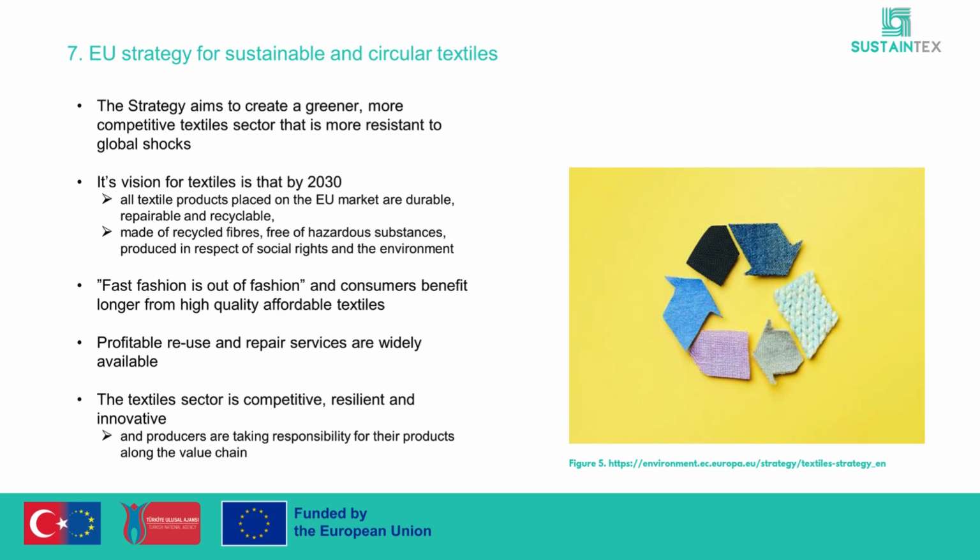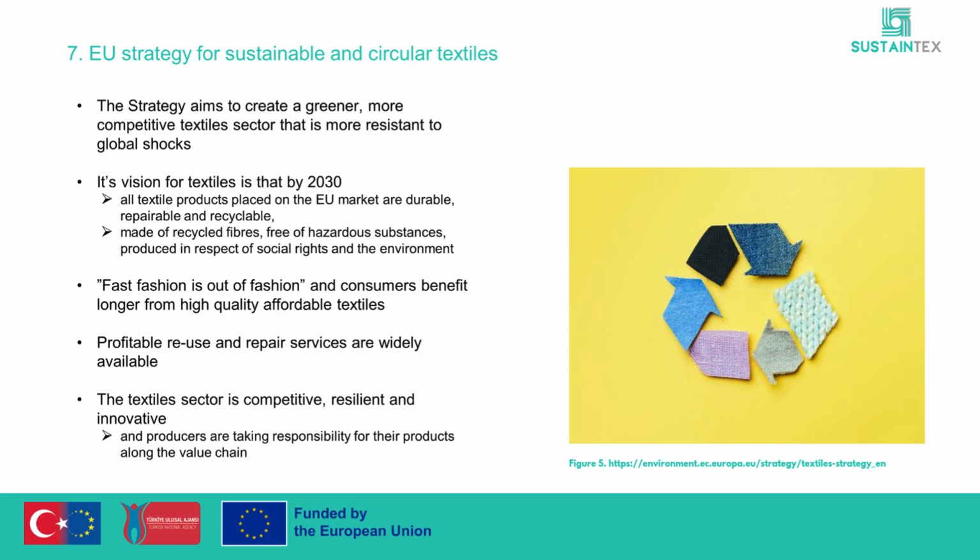Another vision of the EU strategy is that consumers should benefit longer from high-quality, affordable textiles. For that vision, the EU is using the slogan, "Fast fashion is out of fashion." Another aim is that reuse and repair services are profitable and widely available. Finally, the textiles sector should be competitive, resilient, and innovative, which means that producers should take responsibility for their products